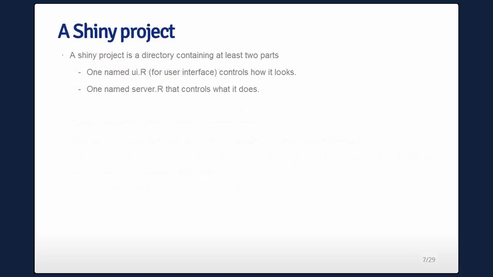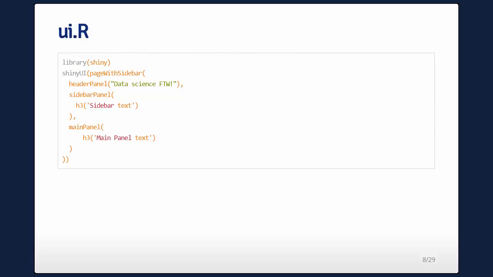So how do you create a Shiny project? You need two parts. One, you need a file named ui.R, and they have to be in the same directory. One, you need a file named ui.R, and one, you need a file named server.R. So you need those two files. If you have those two files, so here's a minimal